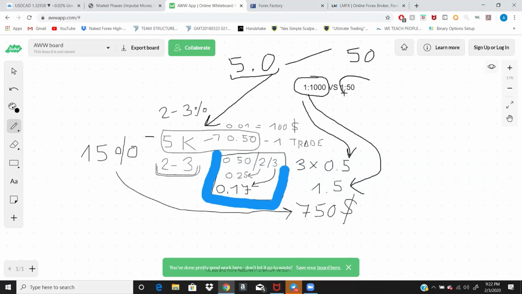So here, 1 to 50 with forex.com or OANDA, whichever one you prefer, right? You cannot open a trade more than, let's say you have 5K. So I don't think, even if you open a single trade, right? Even if you open a single trade, I don't think you can use more than 0.20 lots. And also you have to understand, with regulated forex brokers like forex.com and OANDA,